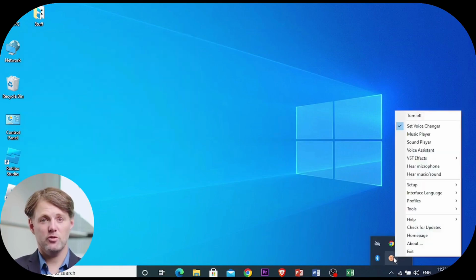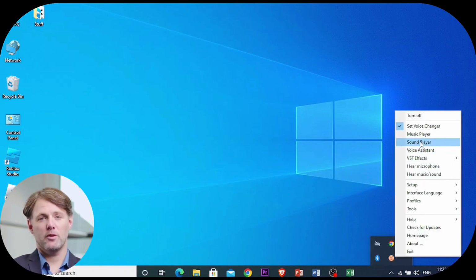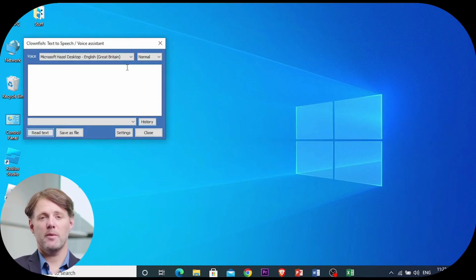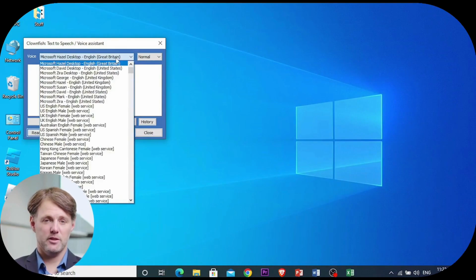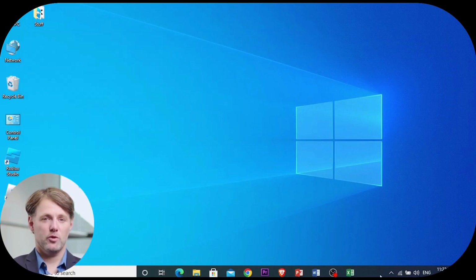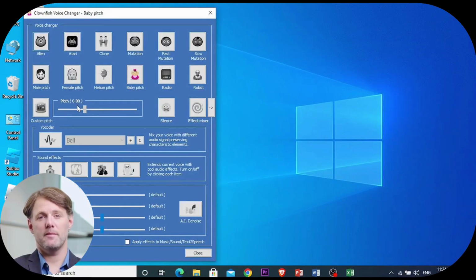Then you can change your different voice effect usage mode. Alright, you can come here and change your effects. Come here to voice assistant, and you can select different types of text to speech options, voice assistants. Okay, now that that's done, guys, what you want to do is right click again and click on